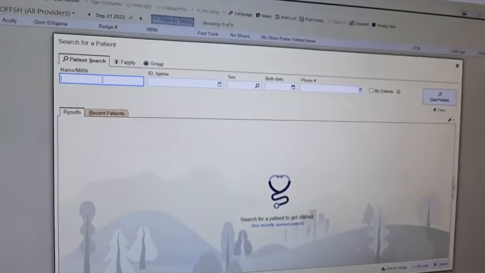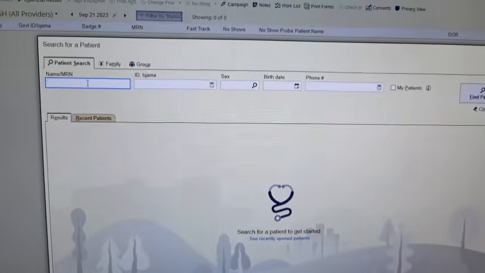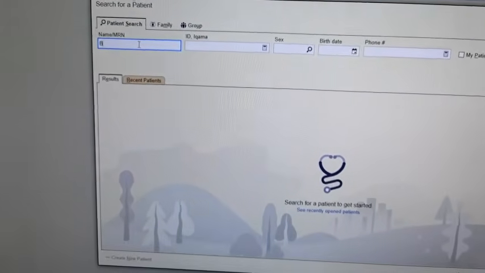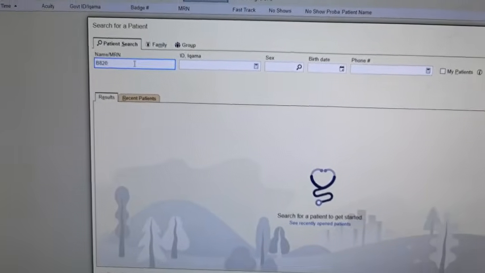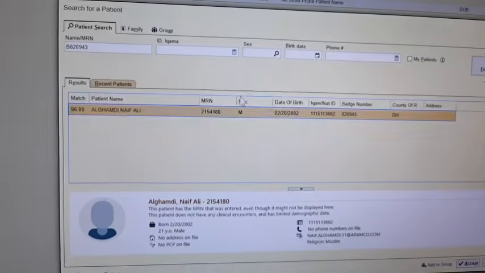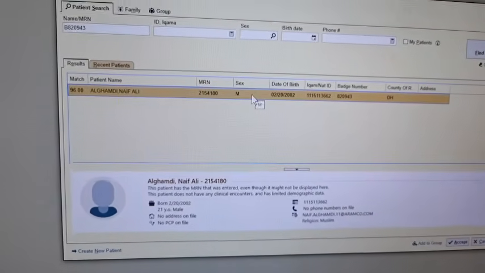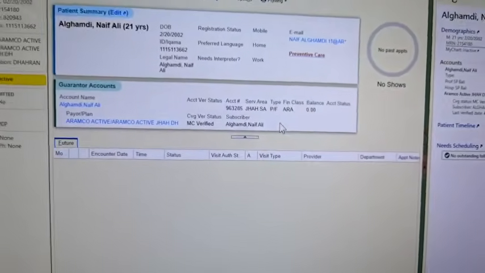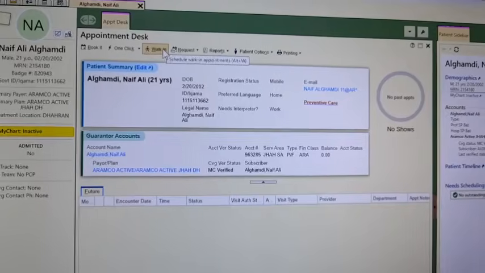Put a capital B first, then the 6-digit badge number, then their name will appear. So this is his name. Double click it and it will go to the appointment desk.